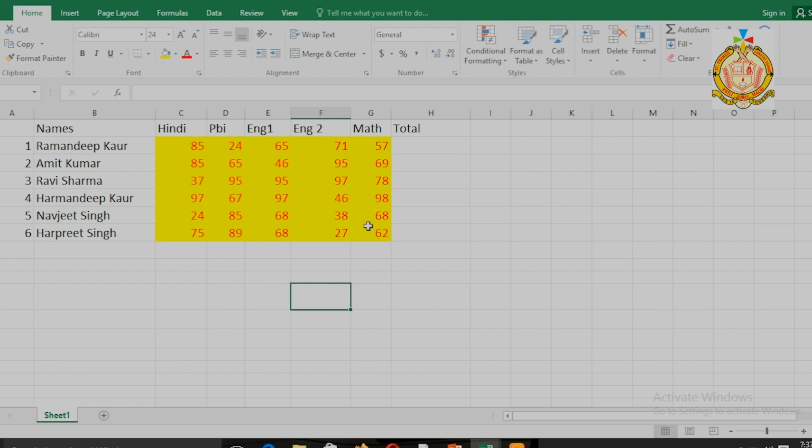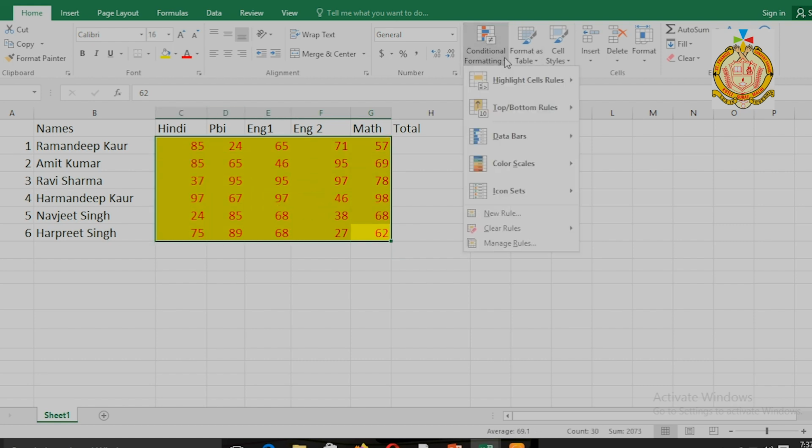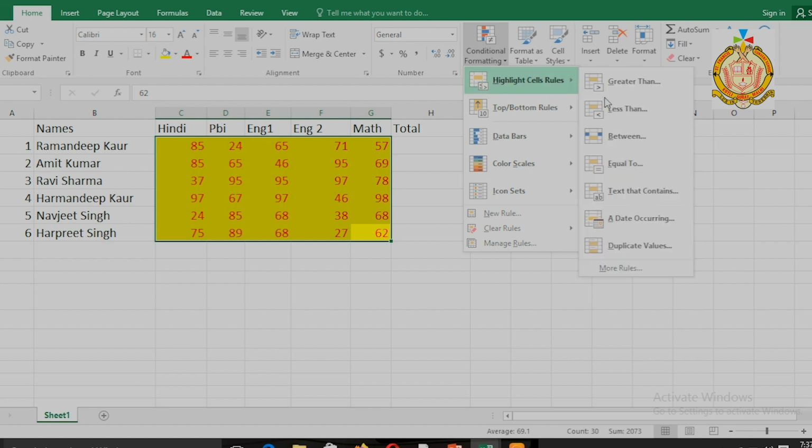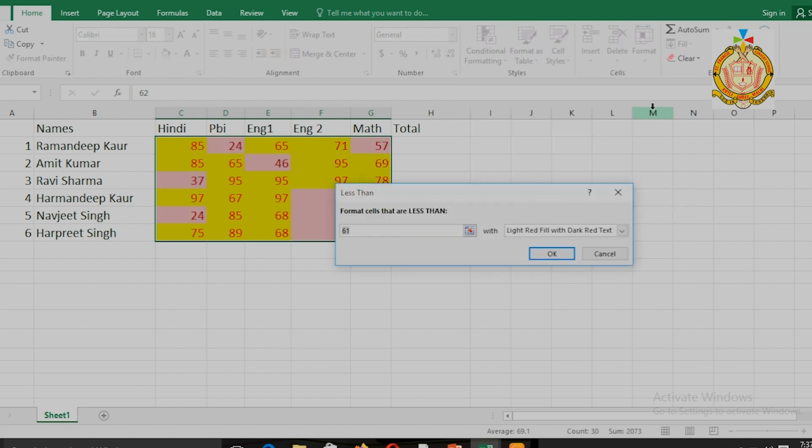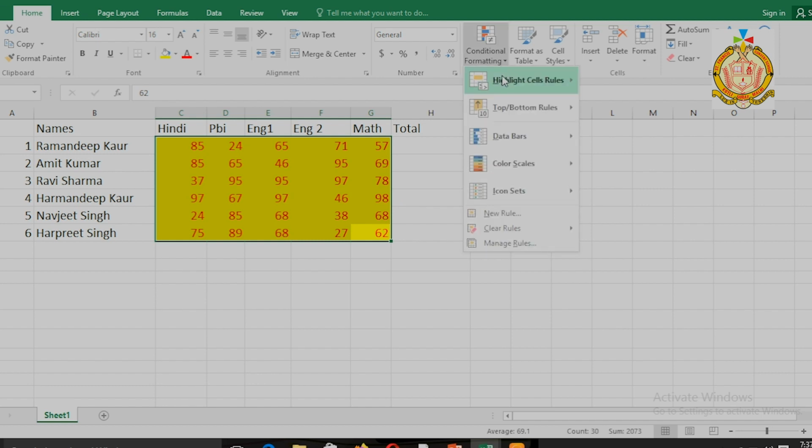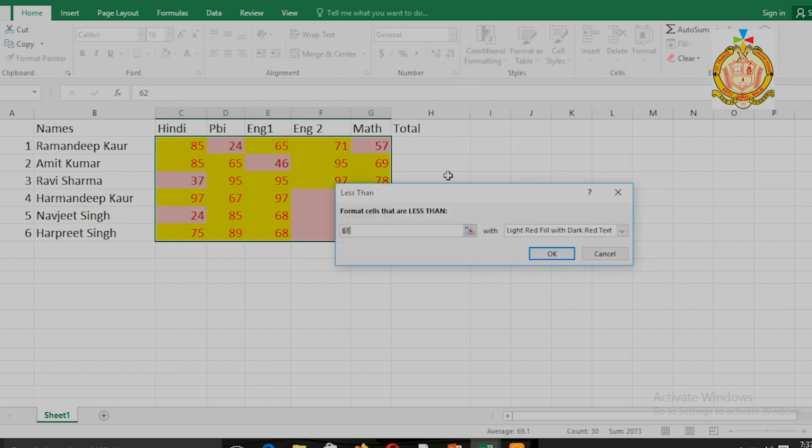What is the procedure? Select the data, then click on Conditional Formatting and Less Than. I'm using less than 40.